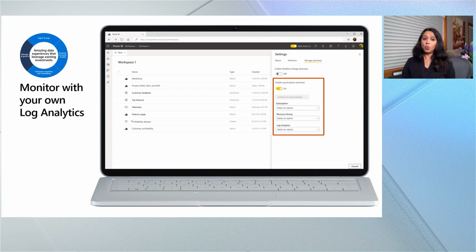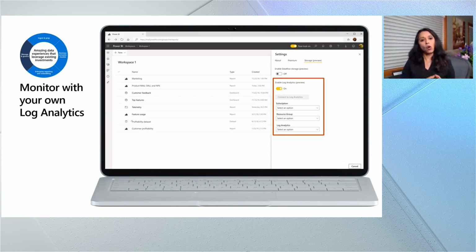And really, what we're building here is, again, a sneak peek that I'm going to show you, monitoring with Azure Log Analytics. We've had all this awesome telemetry about performance within Power BI, and later this summer, we're actually going to bring it out to you guys. So you will be able to bring your own Azure Log Analytics and attach it to your Power BI tenant or to your Power BI workspace, as you're seeing here in this mockup.